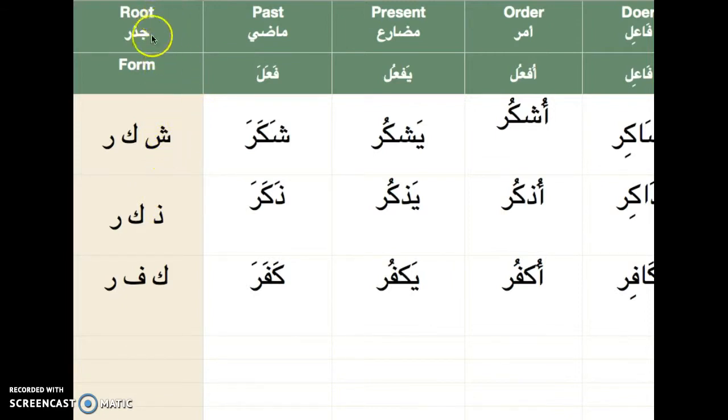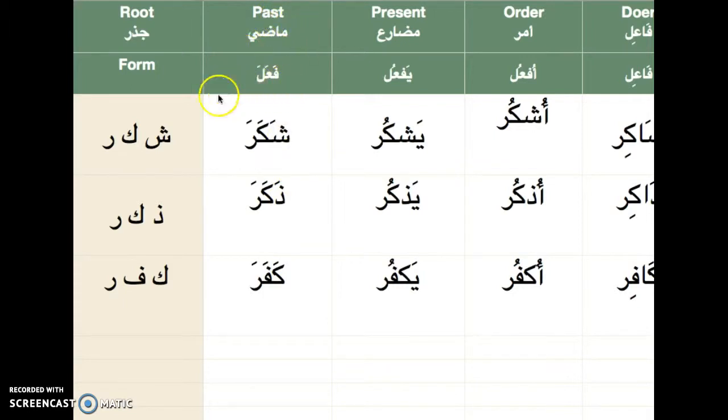You write root in Arabic, and in the next row you have the form that the word is going to come in, like the templates that we used in the previous lessons. So you have the root here, and then you have the most basic form, which is the past form, Madi,